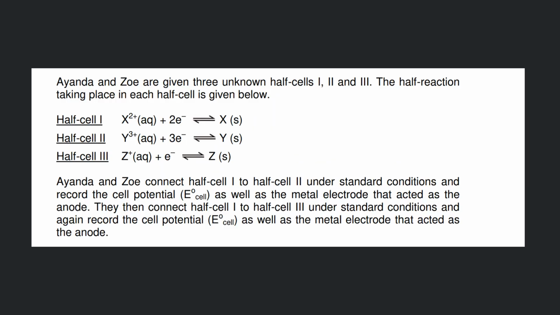So we are given three unknown half cells, 1, 2, and 3. The half reaction taking place in each half cell is given below. So we're given three half cells, X, Y, and Z, where X, Y, and Z are different metals that we'll find on the reduction potentials table. And this is given with the double arrow, where the double arrow means that these reactions are reversible,